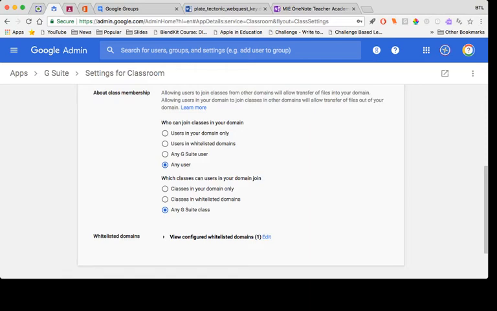So on the flip side, if a school wanted to be protected, they would say in their domain only users is who can join, but anybody in my school, maybe a teacher who wants to join somebody outside, well, they're allowed to. And so you can click on save there. And so that's an easy way to configure that. So, all right, that was one of the questions. And then another question